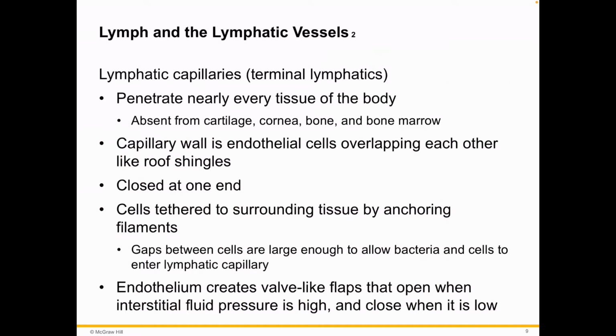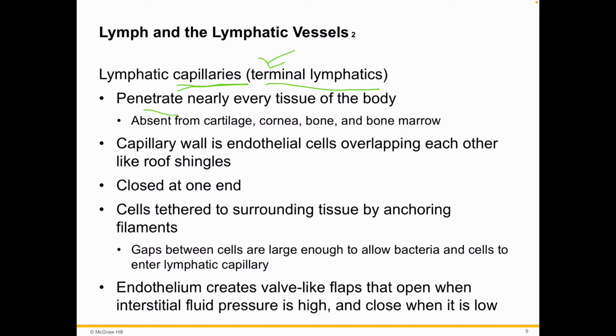So there are a number of lymphatic vessels, but let's start with some of the smallest. The ones that we see the smallest are, as you can imagine, capillaries. They actually intersect with the capillaries of the veins and the arteries themselves. So we call these the terminal lymphatics. Terminal meaning this is the end of the lymphatic vasculature. And they penetrate nearly every single tissue of the body because they're there to kind of drain it out,